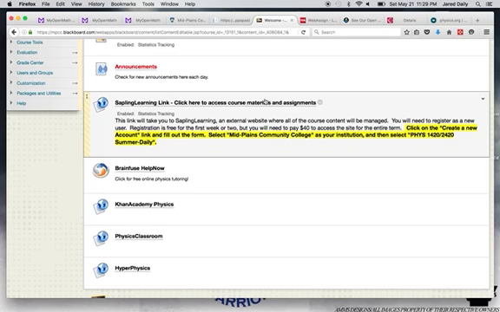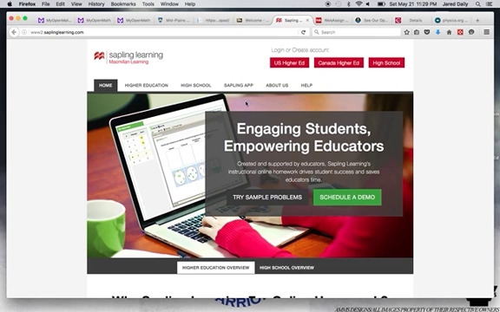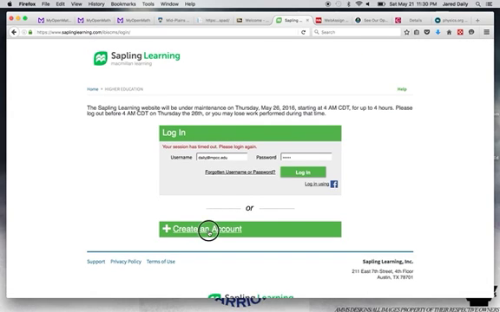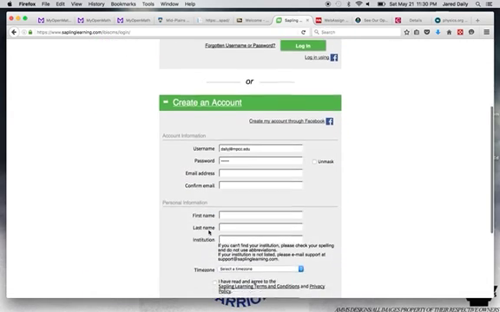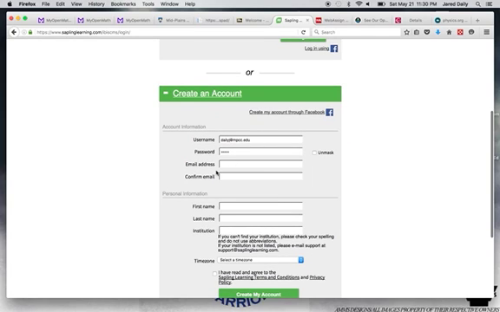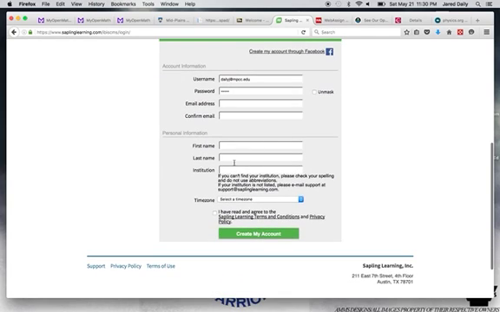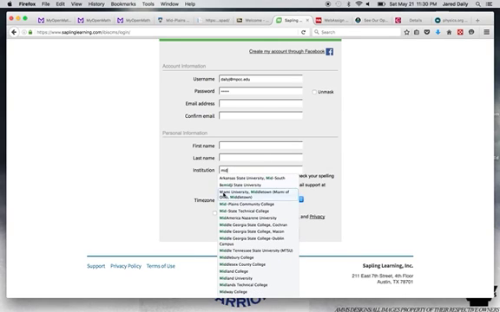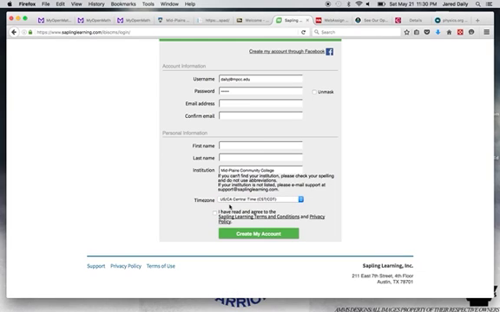To get on, you're going to go ahead and click on this Sapling Learning link that we've got here in Blackboard, and you're going to go to U.S. Higher Ed, United States Higher Education, and you're going to create an account. You'll create an account by choosing a username and a password, put in an email address, your first name, your last name, and you have to put in an institution. So if you put in Mid right here, it'll bring you to a place that has Mid-Plains Community College. And then you choose your time zone, which, if you're in the Mountain Time Zone or U.S. Central Time Zone, whatever. And then you go ahead and you create your account,